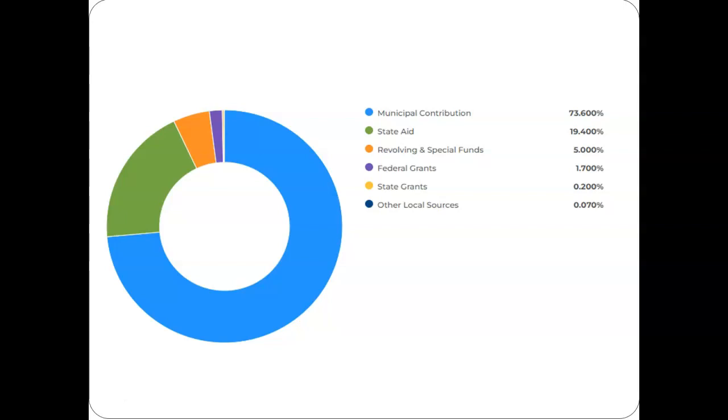The revolving and special funds, grants, gifts, donations, revolving accounts, are at about 5%. Our federal grants, which I'll go over in a moment, are 1.7%. We also receive state grants at about 0.2%, and other local sources, licensing, permits, fees, make up less than 1% of the pie.